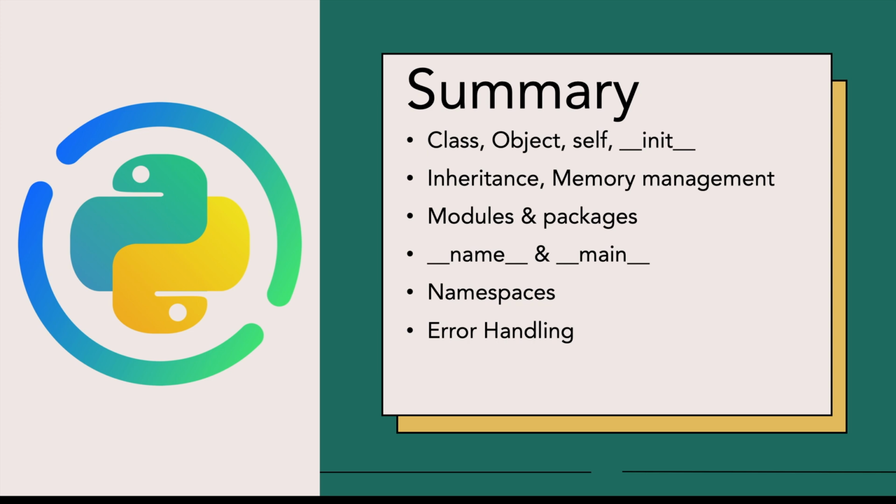Then I talked about namespaces, which is nothing but a logical grouping of all the functions, methods, variables, classes, etc. of a program. And if we use the import statement, just the import statement to import a module, that particular module would be loaded in its own namespace. So I'll have to use the module name all the time, or its alias, whenever we use any function or method from that particular module. If we use from statement, from module name import either functions or classes, then those functions and classes and variables, etc., are loaded to the current program's namespace, and we do not have to append them with the module name. Finally, I showed you error handling using the try except block, and you can raise your own